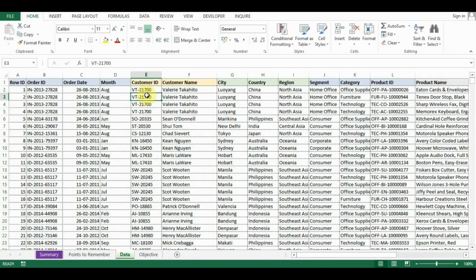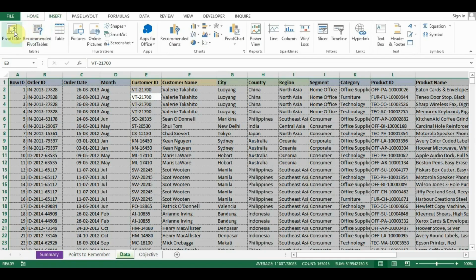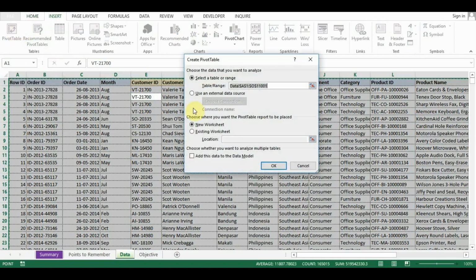Yeah. So now let us start from the beginning to create a pivot table. As I have mentioned, first we need to select the data set. So here I am using Control A. Now our data set has been selected. Now go into the Insert tab, then go to pivot table. Here you can see that one pop-up window has been opened and the table range shows that we have selected the range from A1 to O1001, and just below that it is showing that a new worksheet can be created.